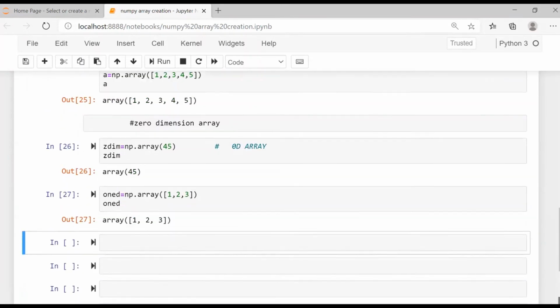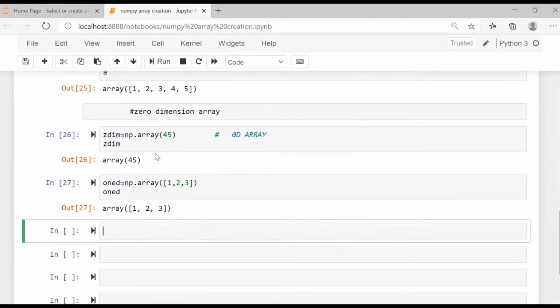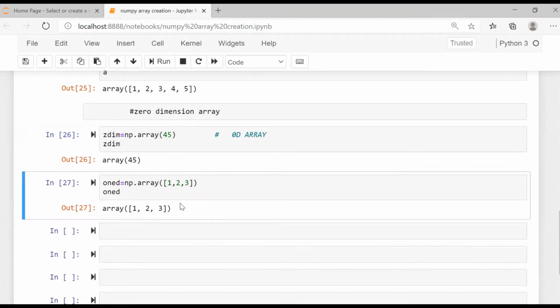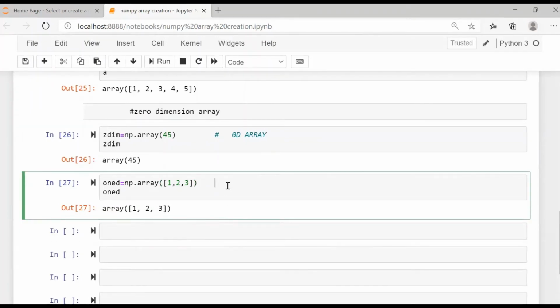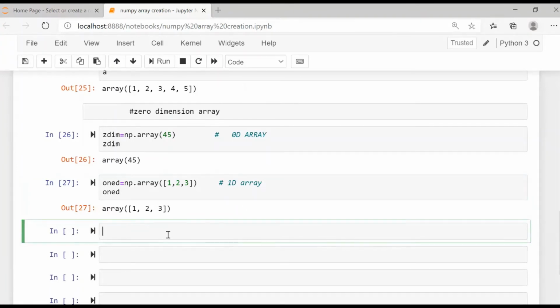So orally I said that this is zero dimension and this is one dimension. So everything needs a proof, right? This is a 1D array. Now everything needs proof. So for that we have an attribute called ndim. So np.ndim of